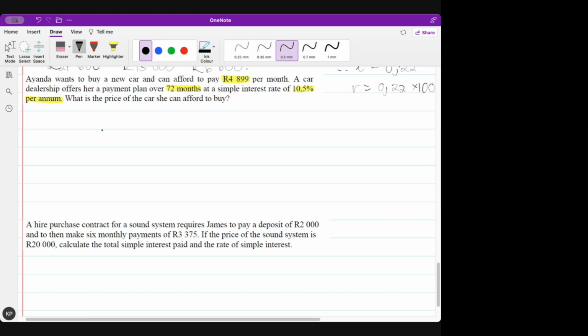Interesting. So we know that the monthly repayments are going to be 4,899 per month for 72 months. So let's see what the accumulated amount is, if this person pays